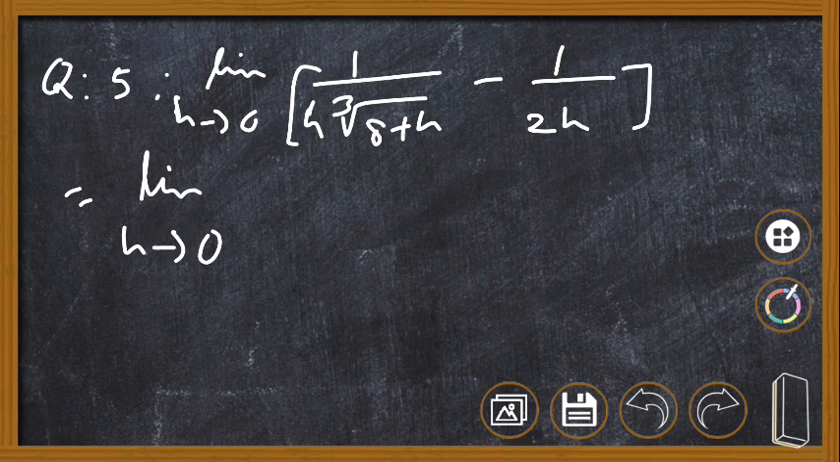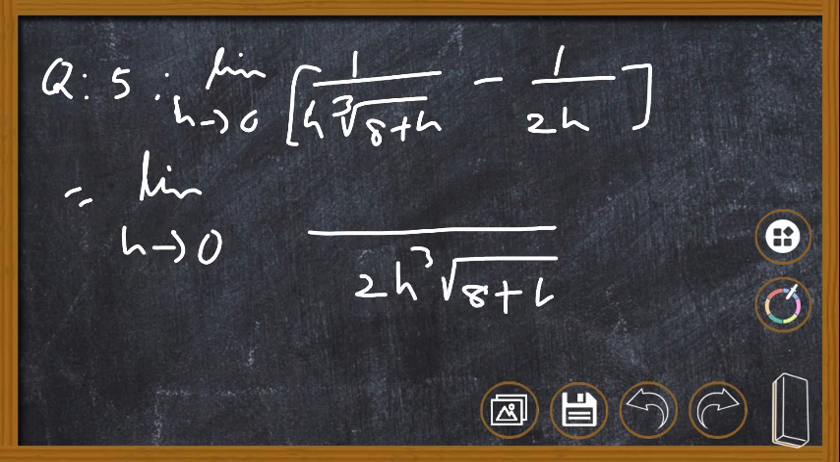Now, let us think what to do in this case. I have 1 by h into cube root of 8 plus h, then this is minus 1 by 2h. So, what I will do is take the LCM. If I take the LCM, this one will be 2h into cube root of 8 plus h, then here h and cube root of 8 plus h are already present, so only 2 will come, and here minus what will go,